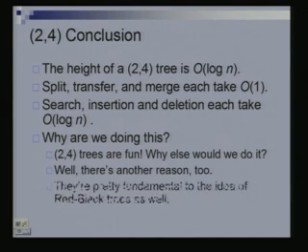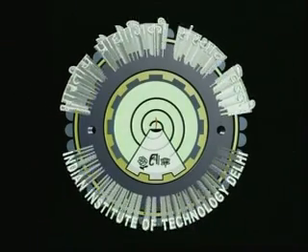There is another reason. We are going to see another data structure called red-black trees. Okay, and that's also a very fast data structure for implementing dictionaries. And what we are going to see is that what we learnt about 2-4 trees today is going to be very helpful in understanding how the red-black trees function, right? So we are going to look at this in the next class. So with that we end today's discussion on 2-4 trees.